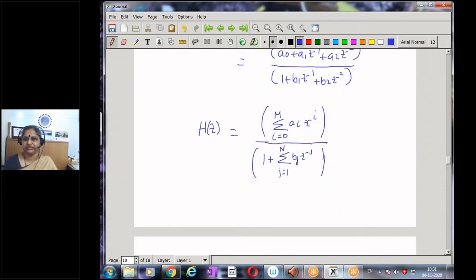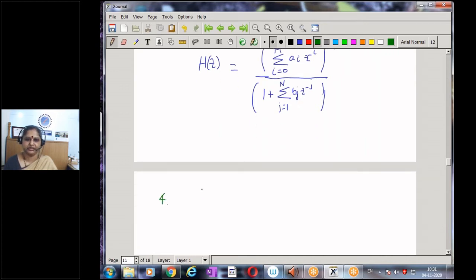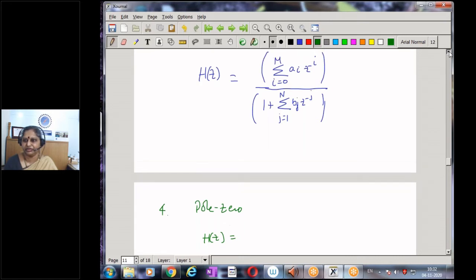So the transfer function H of z is one form of representing the system. If I were to move to another method of representing the discrete time system, I have the pole zero plot. The pole zero plot is just another form of representing the system transfer function H of z on the z plane. So let us say I have my system and I am able to represent it. If I take my second order system,